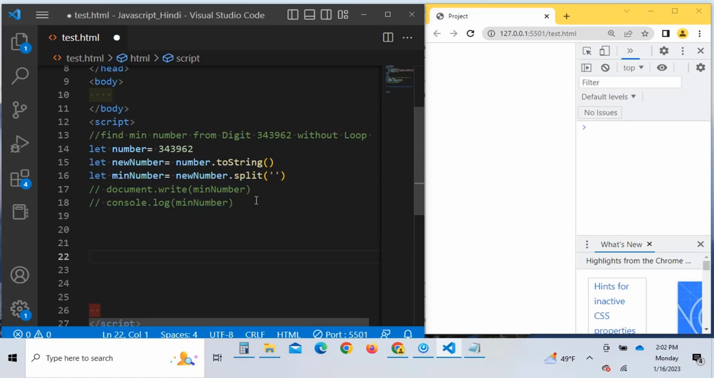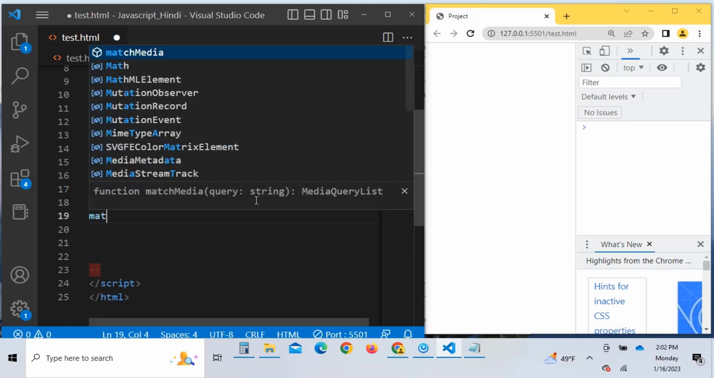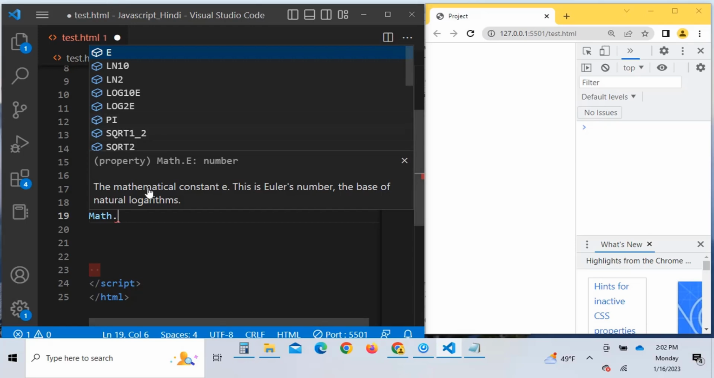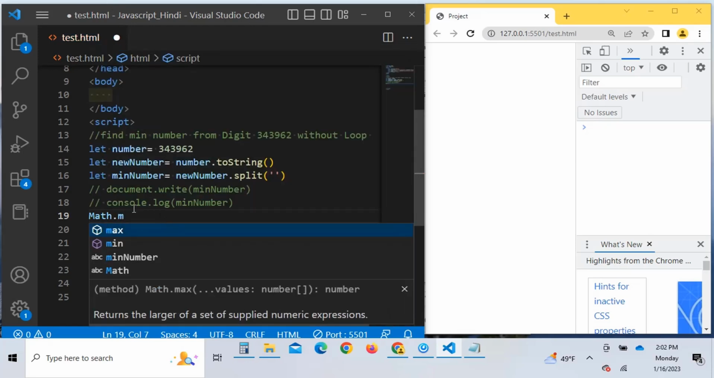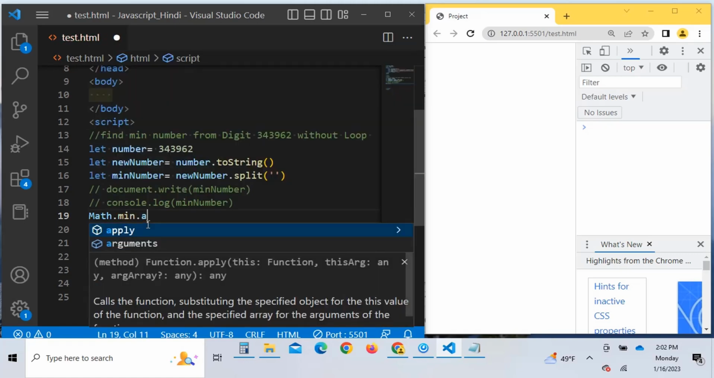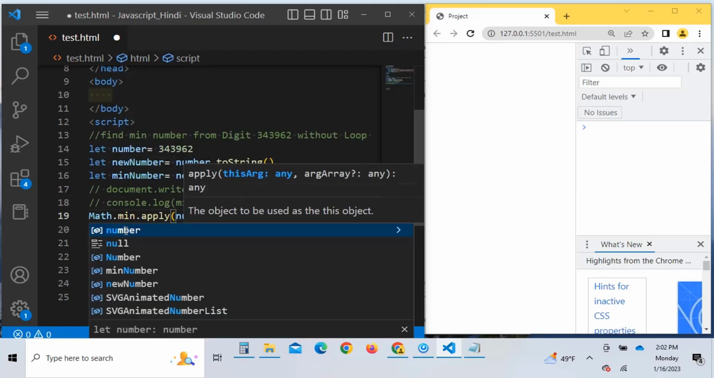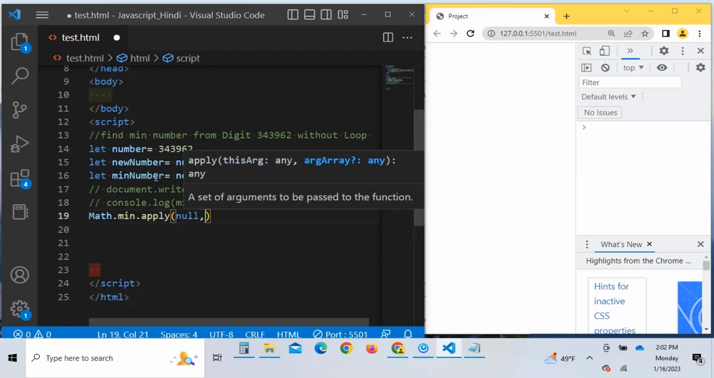Okay, so now we're going to use our function. So what are the functions? So Math over here, Math. If we say dot, we get some options, and if we say m, we will get max or min, but we want minimum, right? And then we say apply. Here we say null and pass our min number over here,